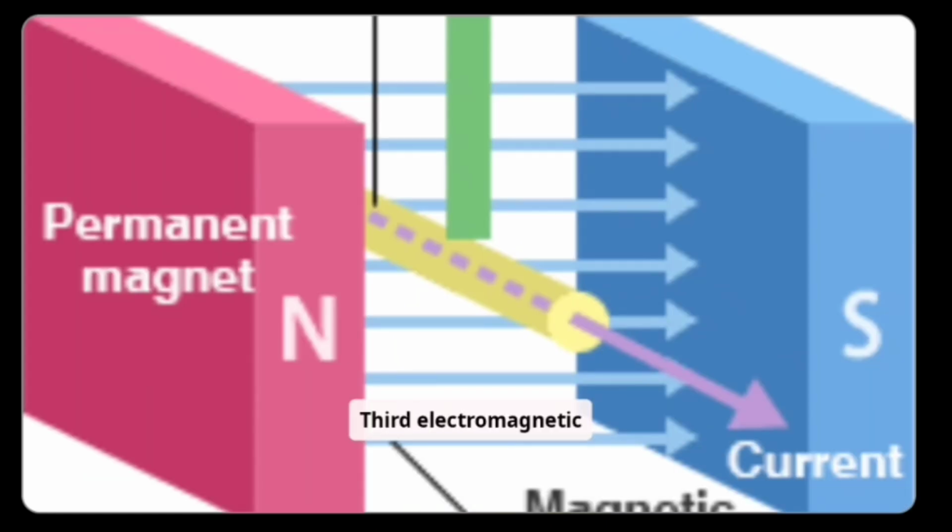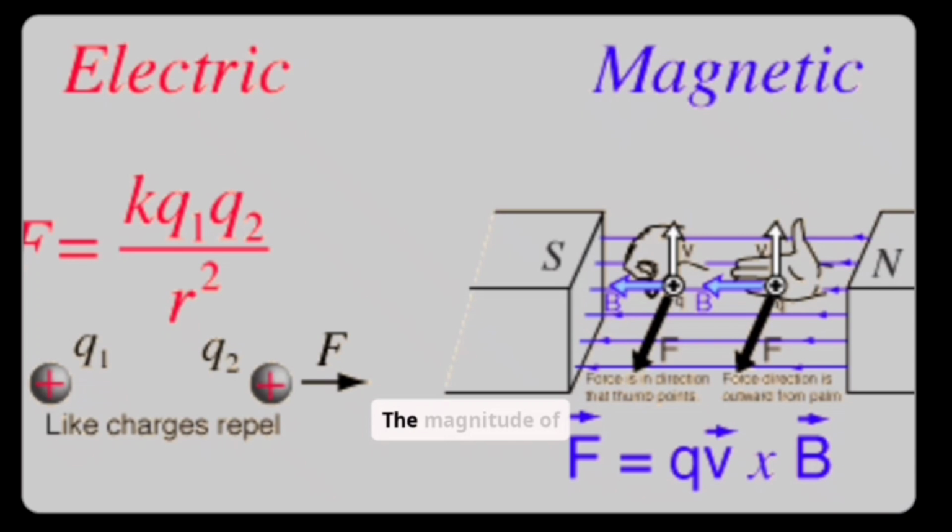Third, electromagnetic force. The electromagnetic force exists between charged particles. When the charges are at rest, the force is called electrostatic force. The magnitude of electrostatic force F between two static point charges Q1 and Q2, separated by a distance r in air or vacuum, is given by Coulomb's law, F = (1/4πε0) Q1 Q2 / r², where 1/4πε0 = 9 × 10^9 N m² C^-2 is a constant and ε0 = 8.85 × 10^-12 C² N^-1 m^-2